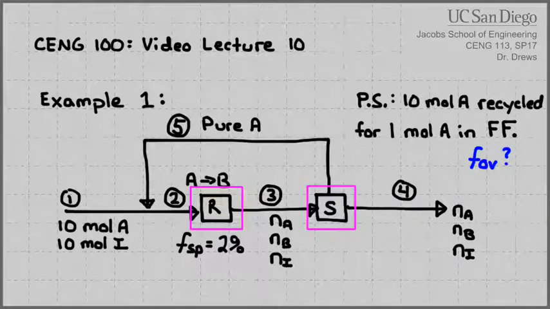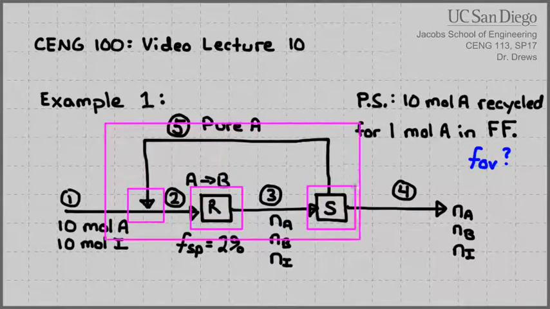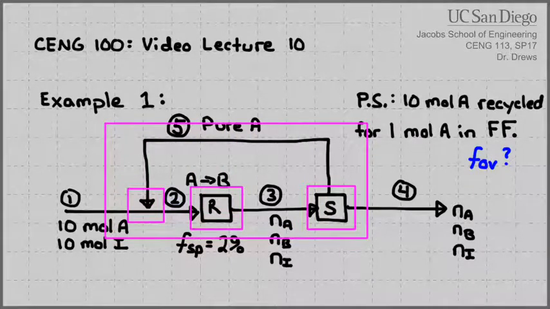So what I'm drawing are the control volumes we're going to use. There's another control volume here because we've got a mixer. And then the last control volume that we'll do is the overall system, which will be a system that looks like this. So these are 4 different units that we're going to look at. There's a reactor in the middle, a separator towards the right, a mixer towards the left, and then the overall system